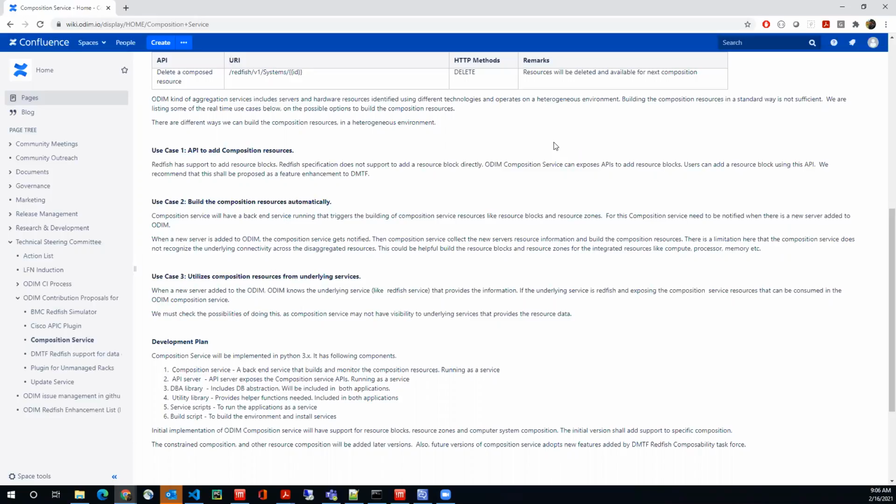Yeah, I understand that. Regarding the use cases apart from the API support, the main challenge here is how to build the resource blocks. That's what we have been discussing for the first couple of weeks, and we identified three different possible options. I just listed them as use cases 1, 2, 3 based on my understanding. The first option could be adding a post action to add a resource block, no matter what the underlying service.